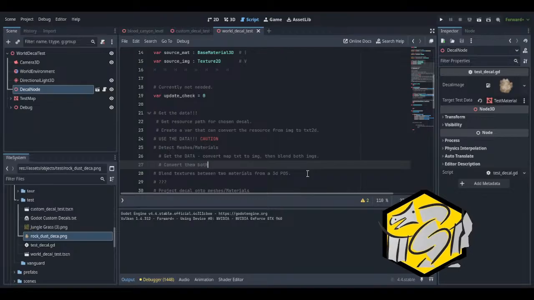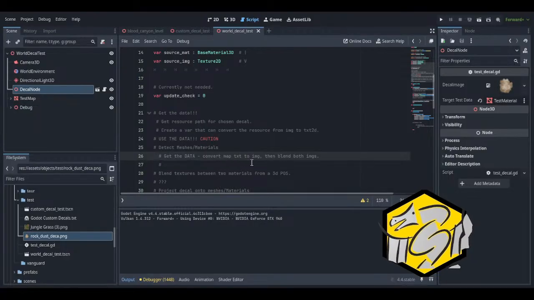Convert them both back to, or no, actually I could just use the one image. Convert the map texture to image and blend both images.